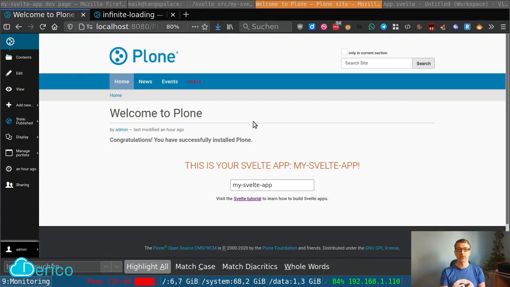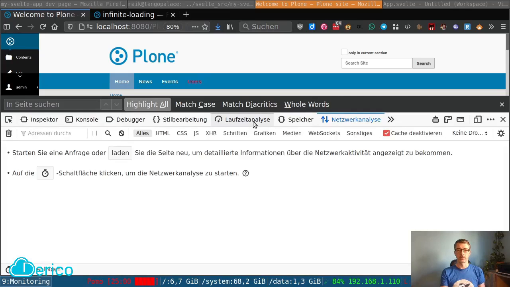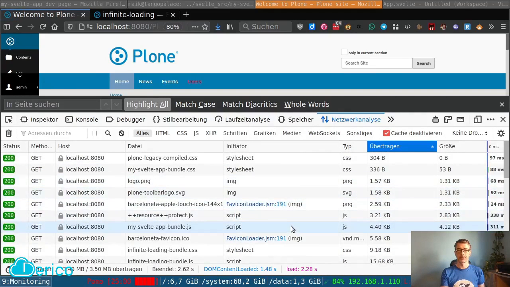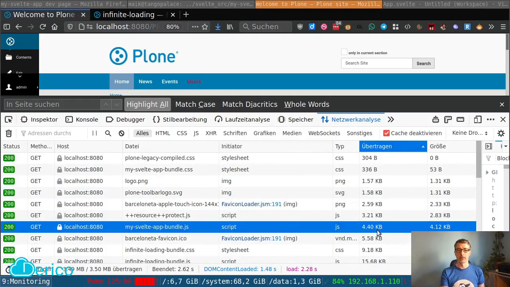What about the size of our components? Let's have a look. We see here our component is less than 5 kilobyte in size. I think that's pretty good. So that's all what I have. Let's build some pretty